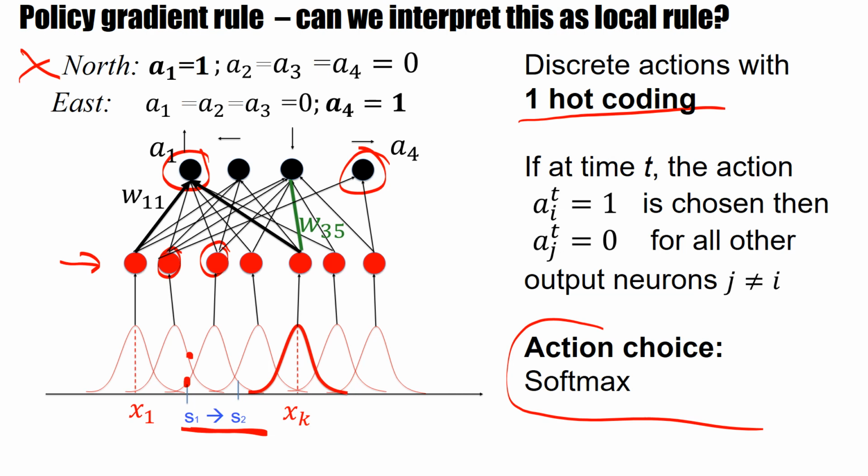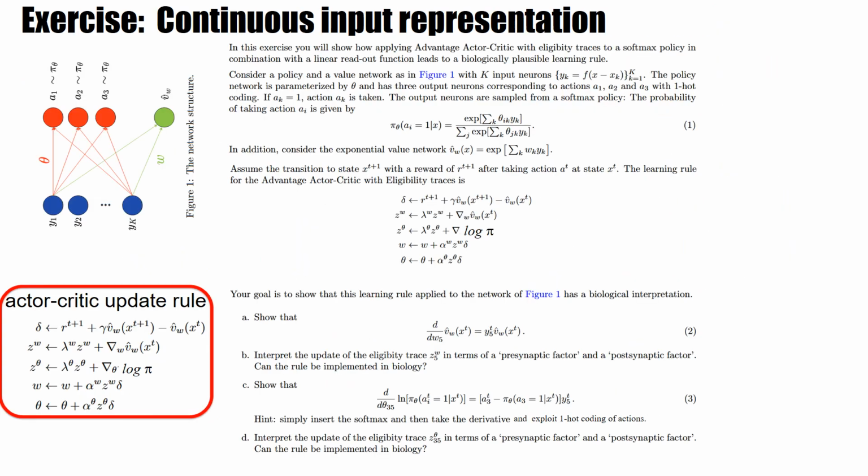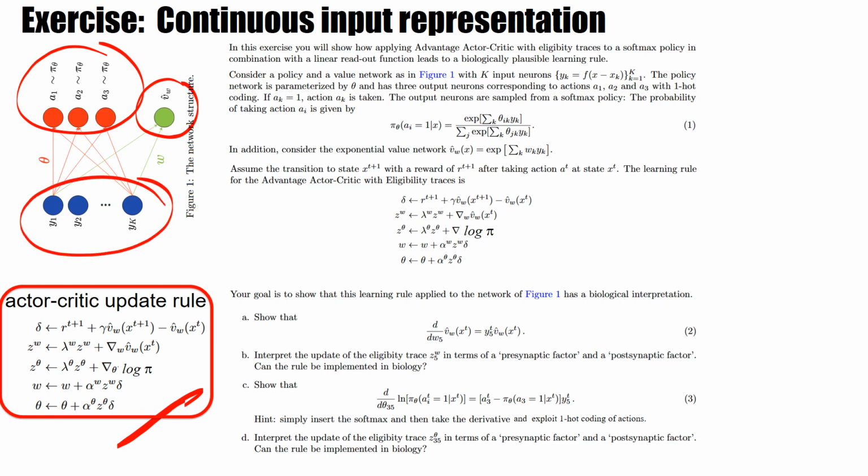Let's try to calculate a policy gradient rule. More precisely, let's calculate the actor-critic update rule. So we have a value output and we have the actions output that I discussed. And the inputs are represented by these different y values. And let's do this little calculation. What we find